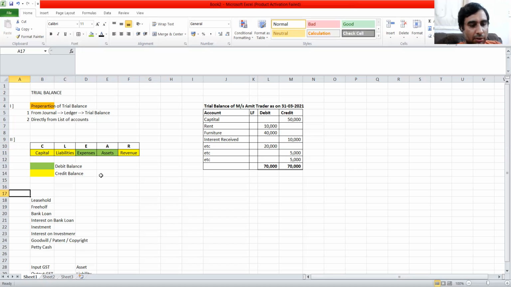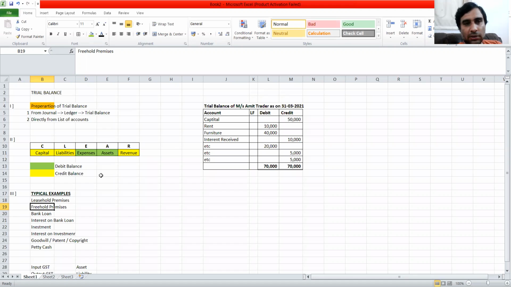Now let's move forward to some typical examples which students could get confused with. Why? Because you probably don't know these terms very well: leasehold and freehold premises. What is the meaning of leasehold premises and freehold premises? It really doesn't matter in a sense. They are premises. Premises means a property, right?